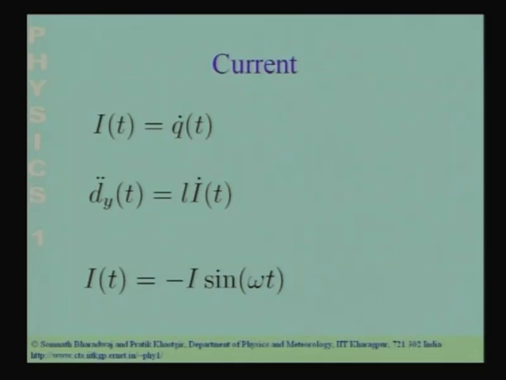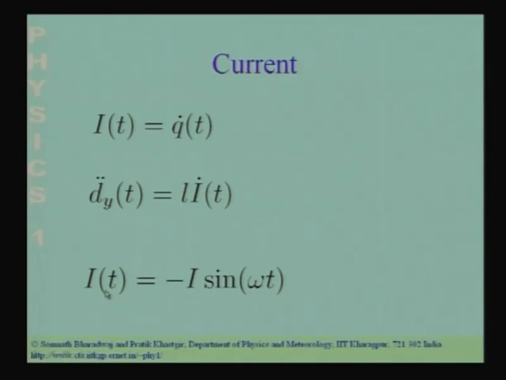So, the second derivative of the dipole moment is the first derivative. You have the dipole, which is the distance, the separation, into the rate at which the charge changes, which is the displacement of the charge. So, the second derivative of the dipole moment you can write in terms of this: L into I dot, the rate of change of the current.